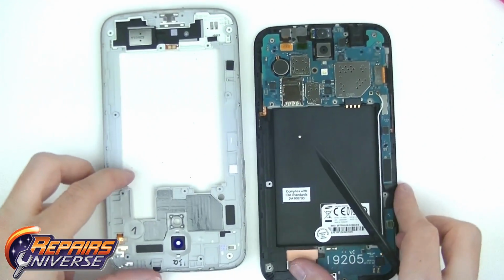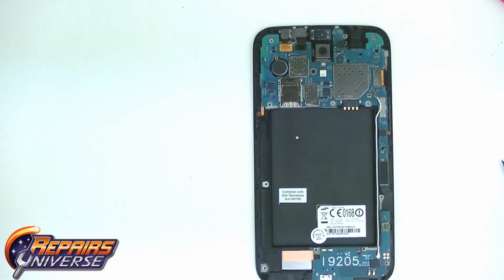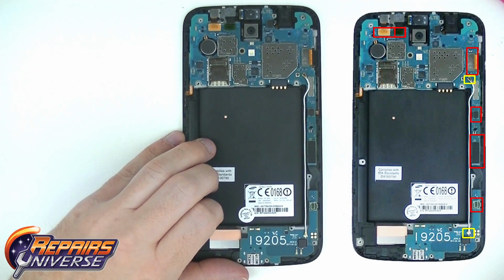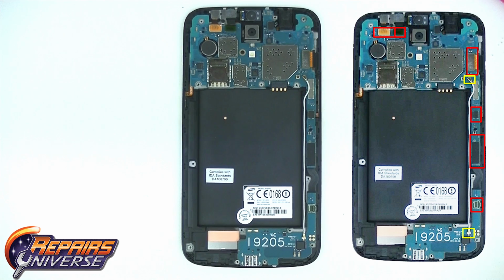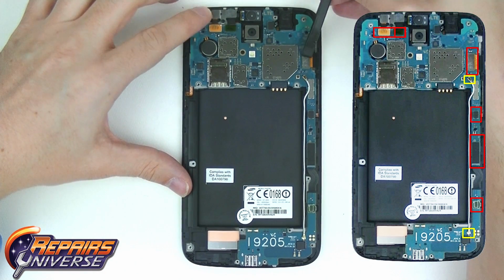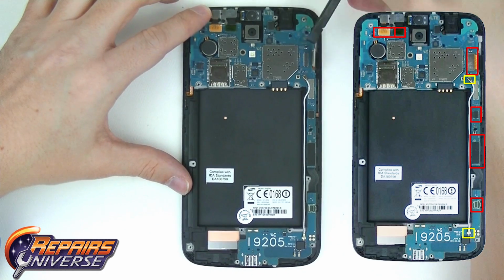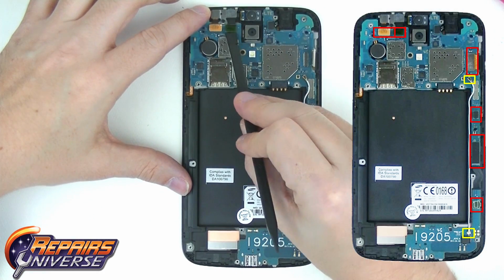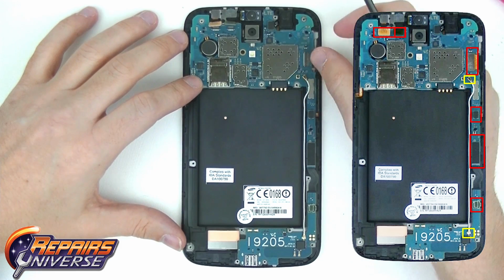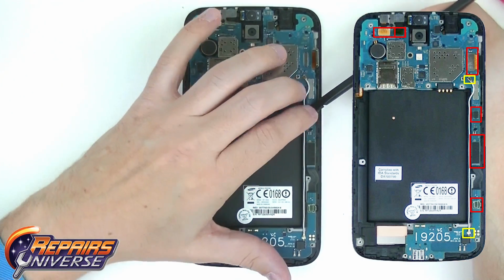With the motherboard now exposed, you will need to release 6 flex cable connections. To the right of your screen, you will see these 6 connections highlighted in red. You will also see 2 antenna connections highlighted in yellow. Optionally, you could remove the antenna cable for your convenience. These pop connections can be released by using your pry tool to gently pry upwards from underneath the flex cable